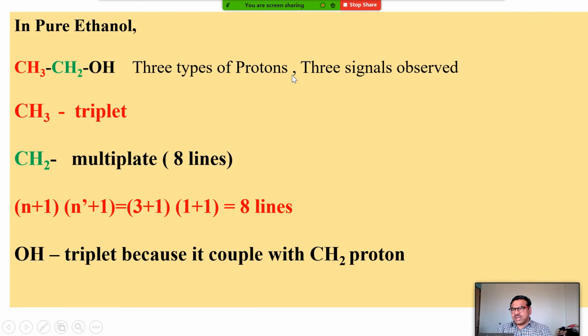Now, if three types of protons are there, definitely they will show three signals. So remember here, if there are 4 different types of protons, you will get 4 different peaks. If there are 2, you will get 2 different types of